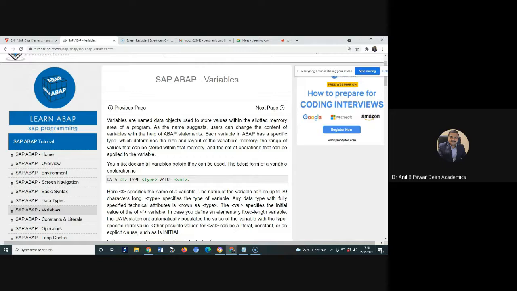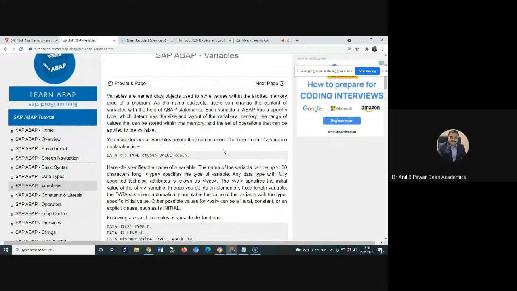When you want to use a variable in your ABAP program, you have to follow the syntax or its form. In ABAP, you start with the first keyword DATA, then you mention f, which indicates the name of the variable. The name of the variable can be up to 30 characters long.